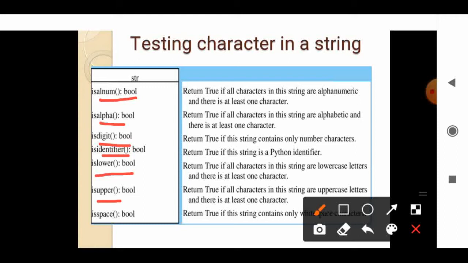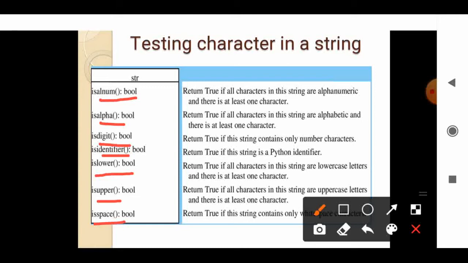Otherwise, it returns false. The isspace function returns true if the string contains only white space characters. Otherwise, it returns false. So these functions return only a boolean value, true or false, based on the condition.